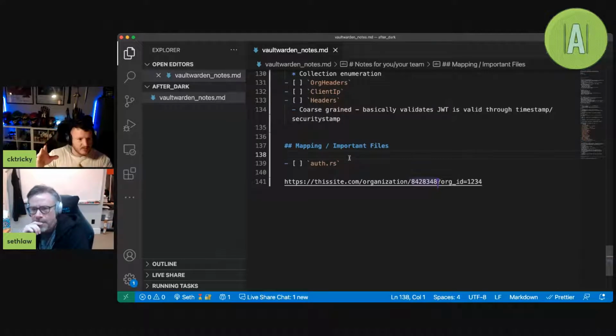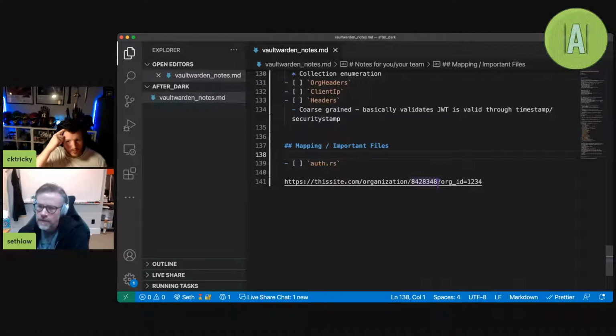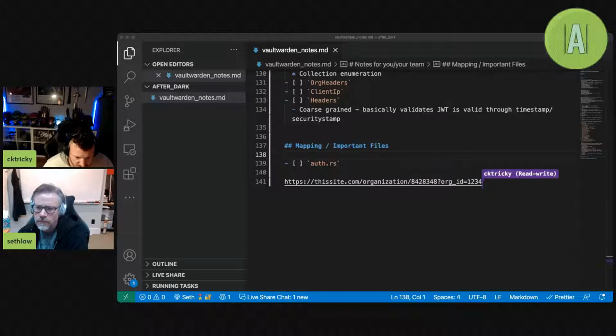So let's say that's wrong. What it defaults to is actually the org ID parameter string that you pass in instead of the path portion. So that's what it says in auth.rs on lines 411 through 414. So then my thinking is, if this same path is hit in that endpoint you're looking at, what if it actually does use this value to do the lookup, then,